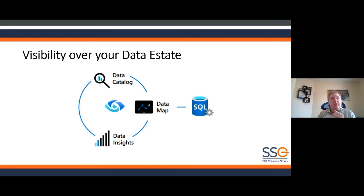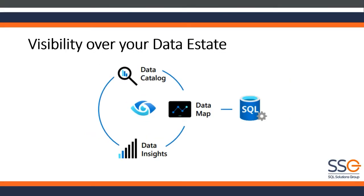But now with the introduction to SQL Server, I get greater discovery and it allows me to break down my data into, I think, more granular silos, for example. So I can automatically scan on-premises SQL Server to capture metadata, regardless where it is. I can classify that data using built-in classifiers, right? And apply sensitivity labels. I can set up and control specific access to that data, so who can see what within SQL Server. I can then map that data